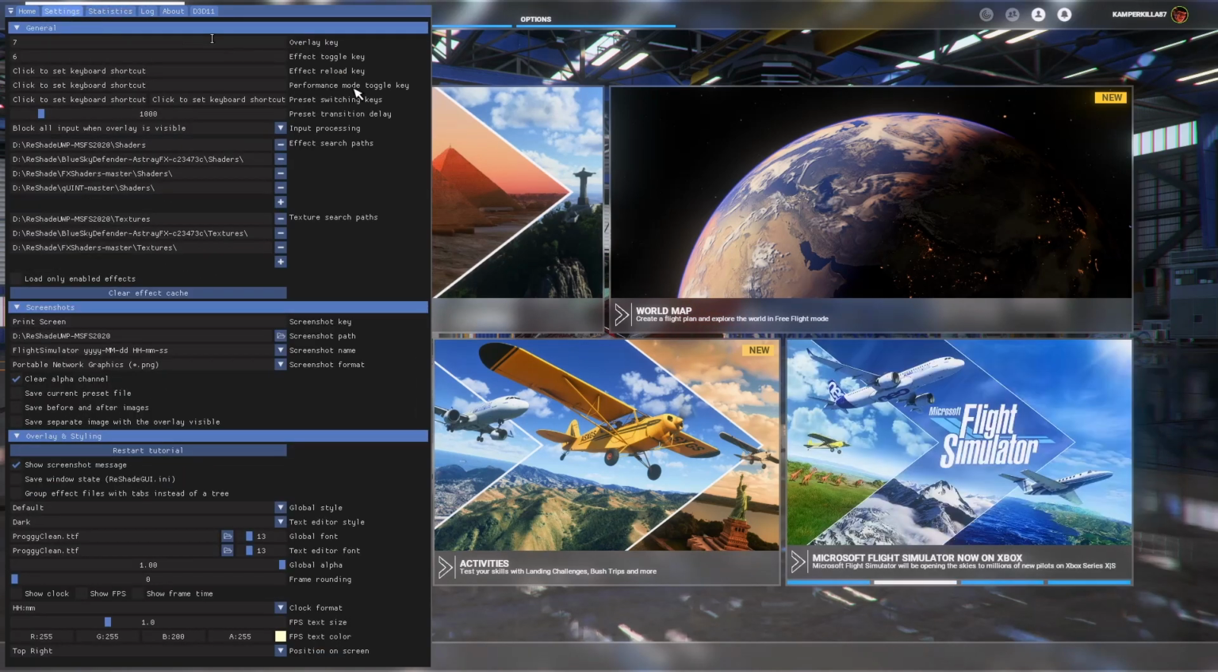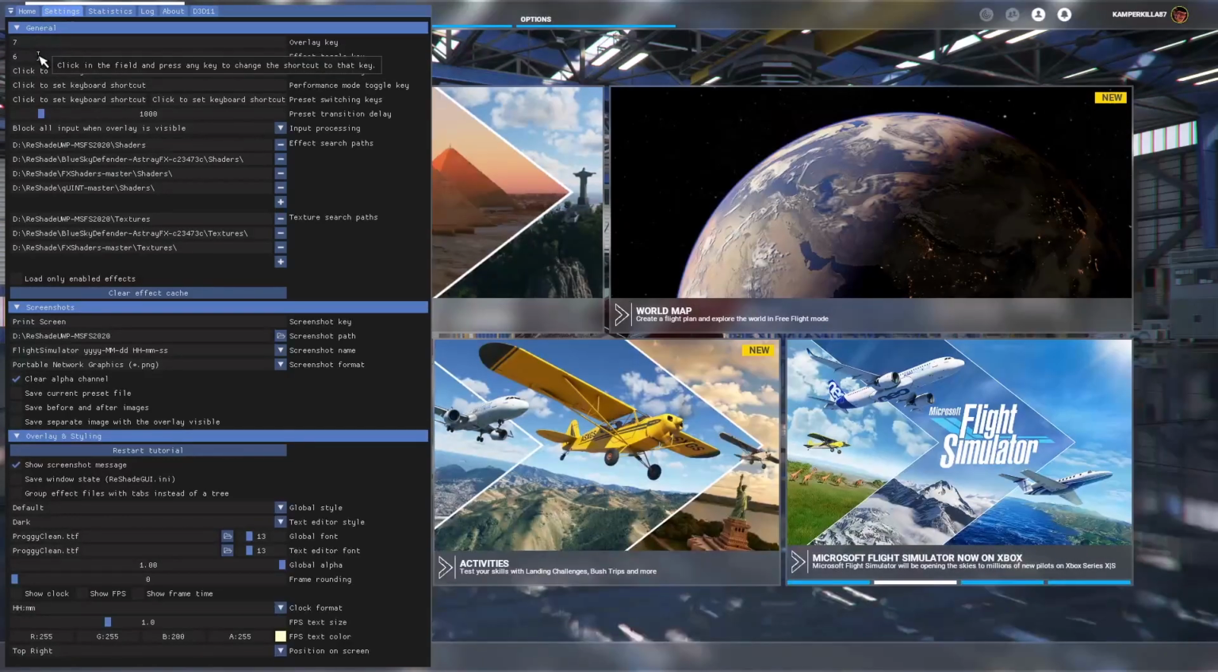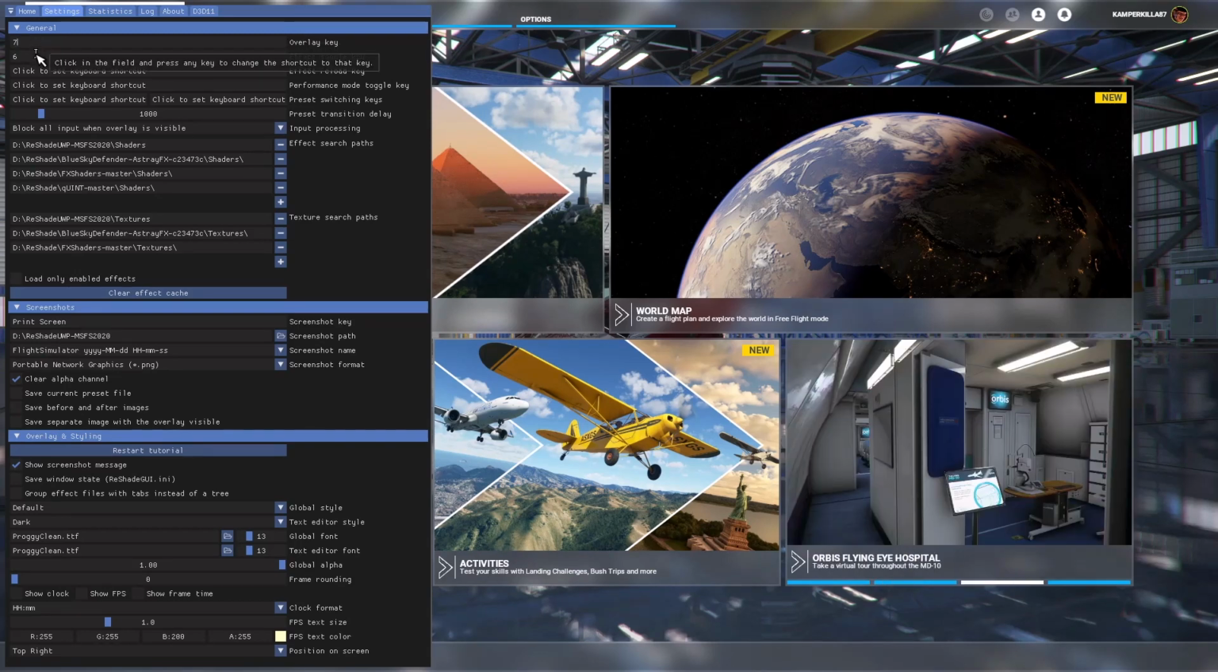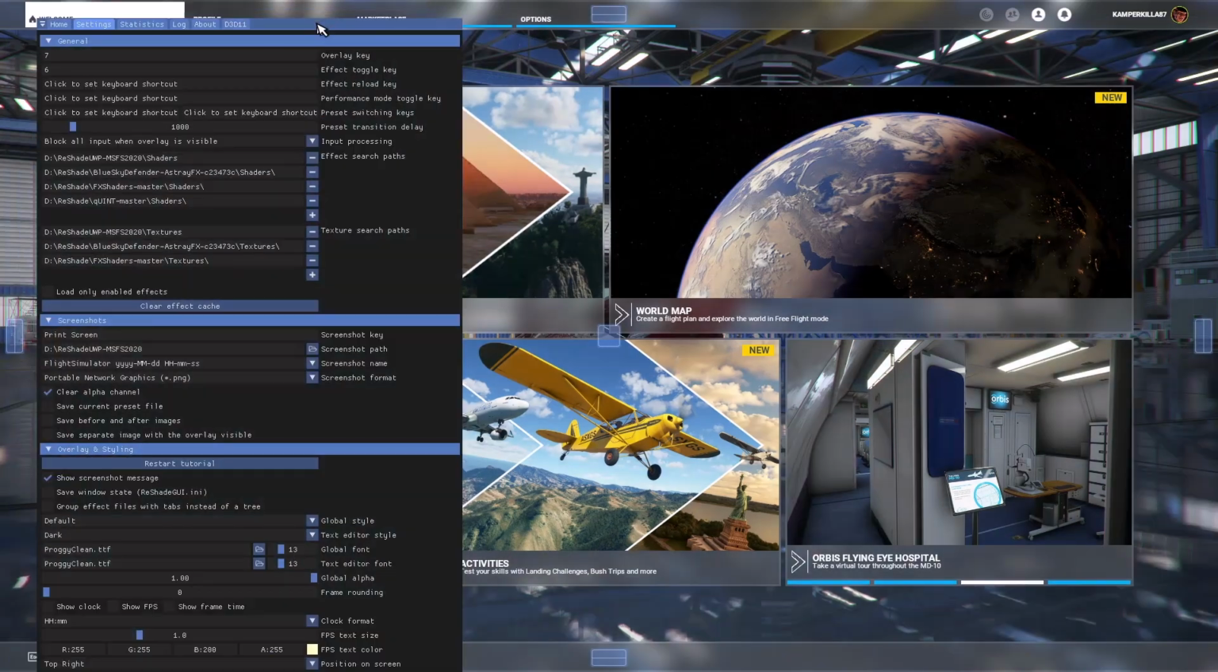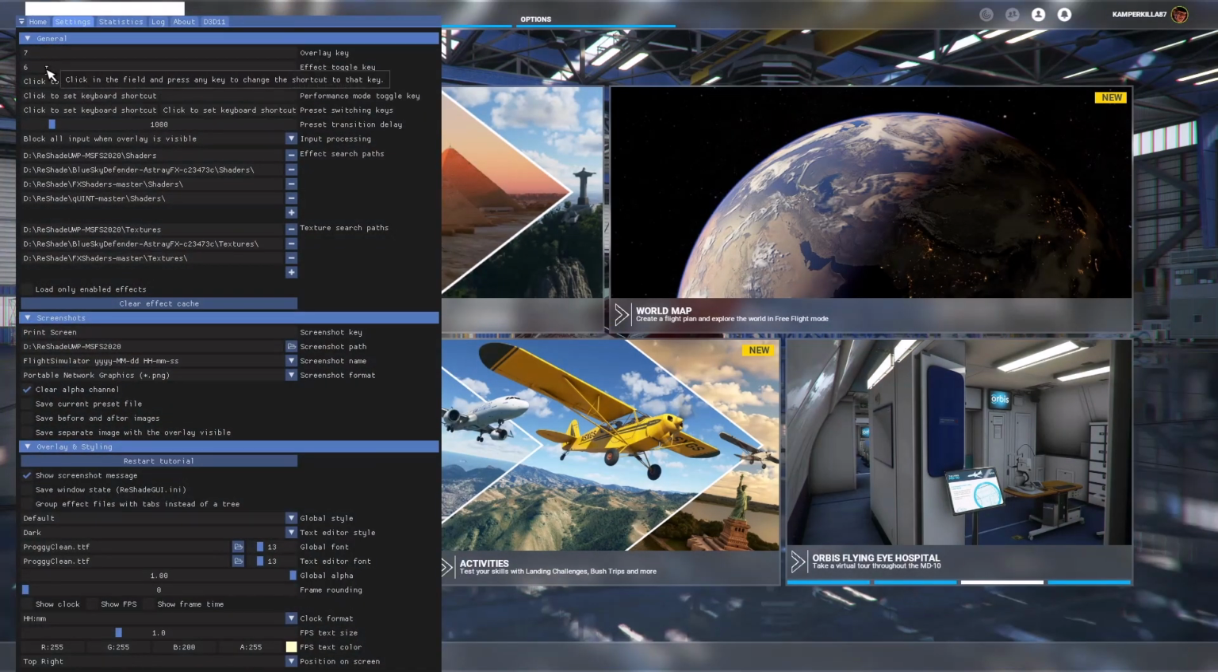Once again, if you want to change your overlay key, which is the toggle key for the ReShade overlay, just go to settings and click inside this box right here. So once again, just go to your settings if you want to change your overlay key. I have mine as 7, so that'll toggle this right here, the overlay. And then for the effects, I have it as 6. So if I come out here and hit 6,